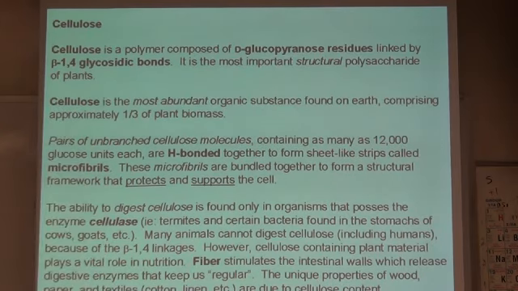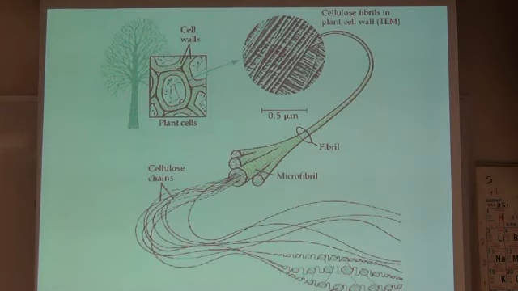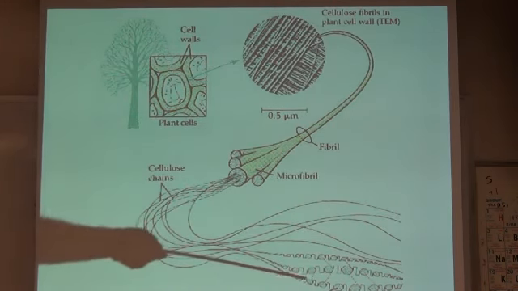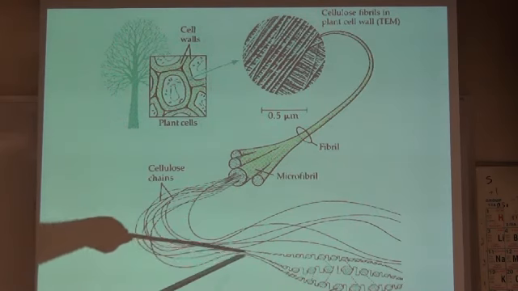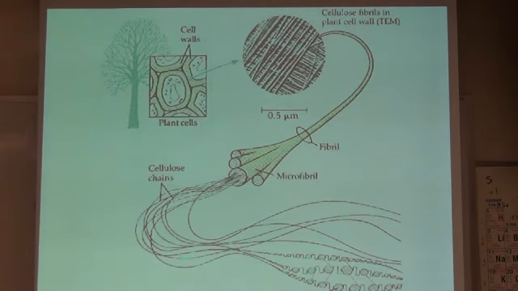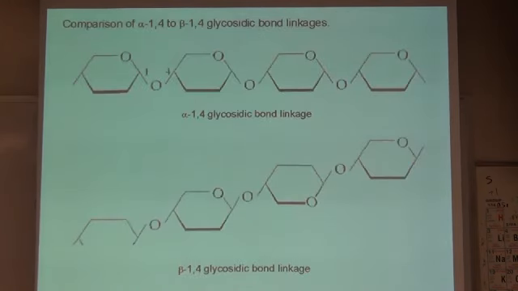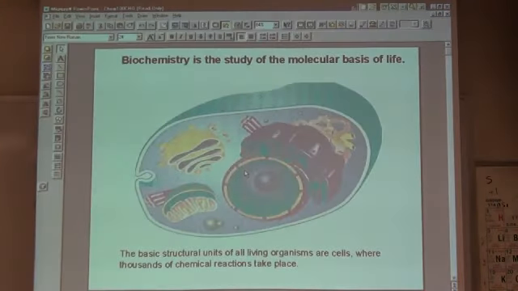So if we look at it, we can see here's our polymers right here in our beta-1,4, and these cellulose chains will wrap into microfibrils, which will weave into fibrils and make up the cell wall of a plant. So it does have certain structural or protective functions. I don't particularly like this one, so I'm going to draw my own.